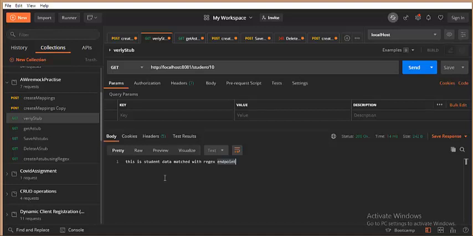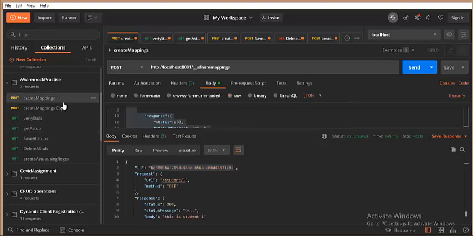This is all fine, so we were able to work with generic endpoints, but the problem is I wanted to see a varied response for the other stuff that I have created. So when I hit /student/2, at any cost I wanted to see the output that belongs to that stub, and for every other thing I wanted to see the generic one. So how do you do that? In that case, we need to do some prioritization.